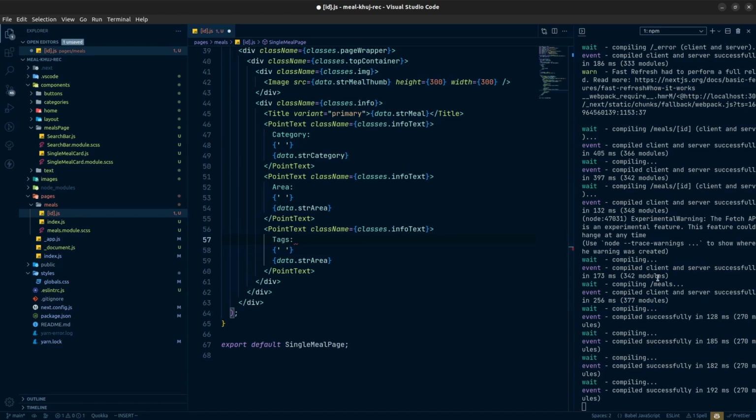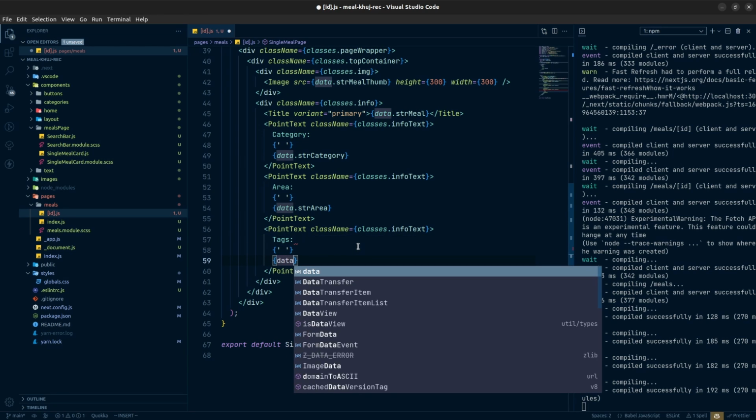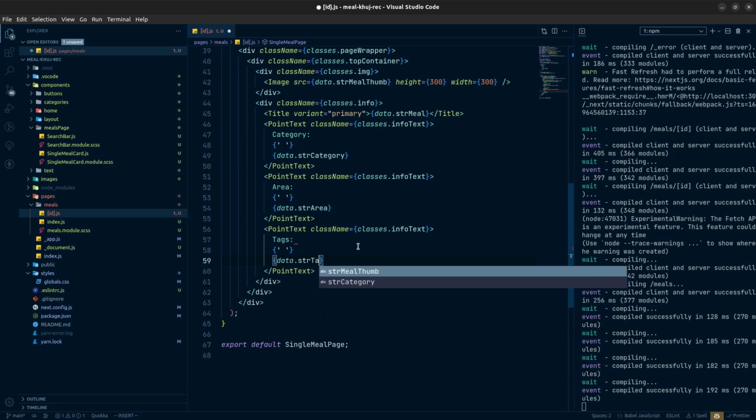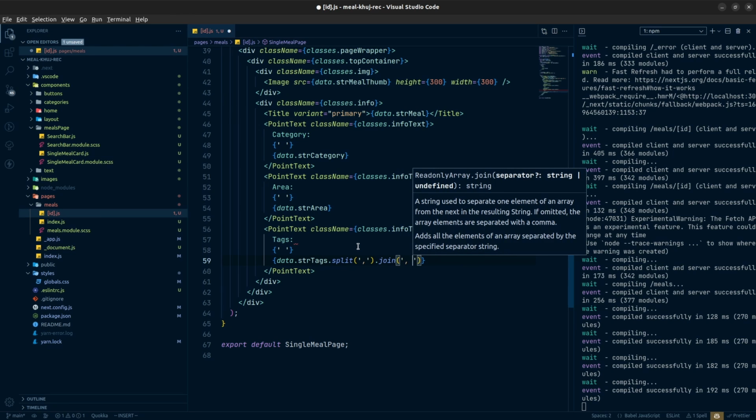Actually it will not be an array, it will be a string, but there is no separation between each of our tags. So first of all, if we have data, in this case we must have data, data.strTags.split. So we'll split that with comma. Then we'll get each of our tags in an array. After that I will join the array with the separation of a comma and a space. And if I do that,